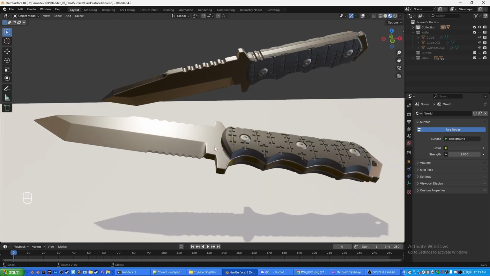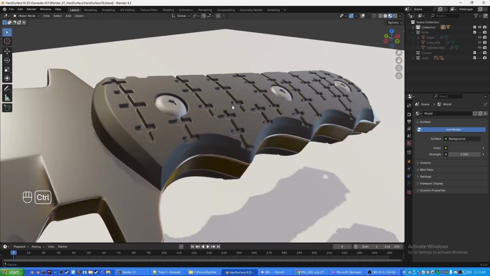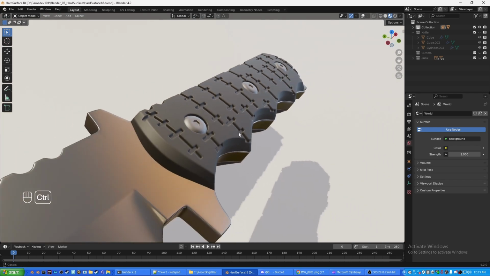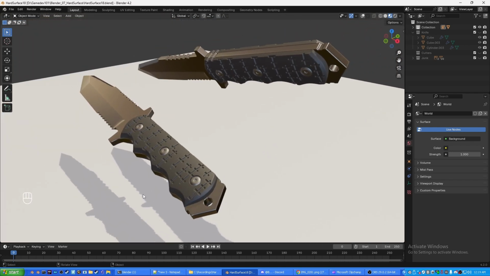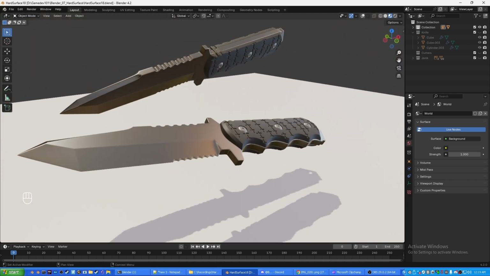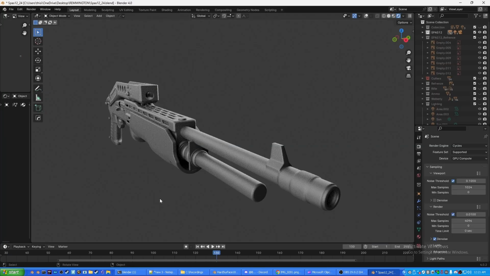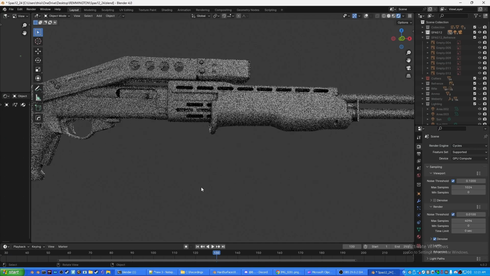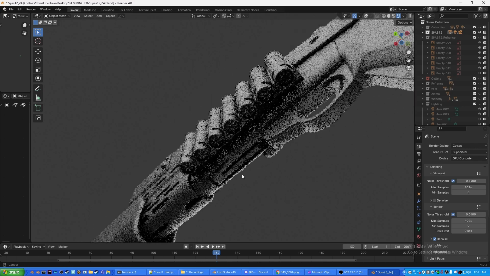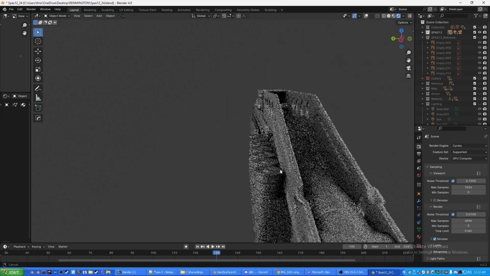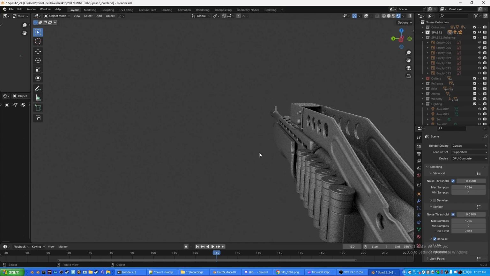So in this video, I'll be going into some basics of introductory high poly modeling hard surface props for games. You'll be working on this knife, and you'll be using all of the exact same tools and techniques that I use to work on my firearms, including this Spaz 12 shotgun, a Webley revolver, and a Remington 700 tactical that